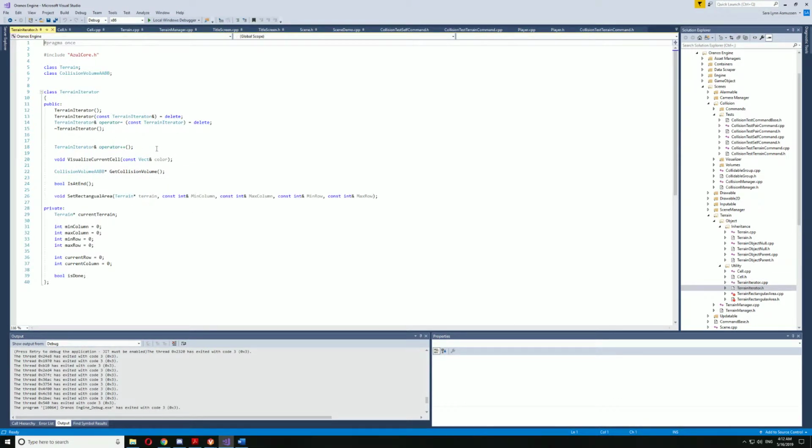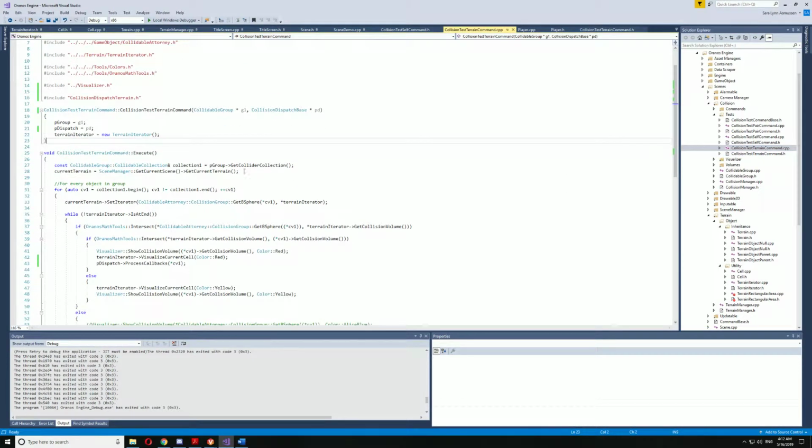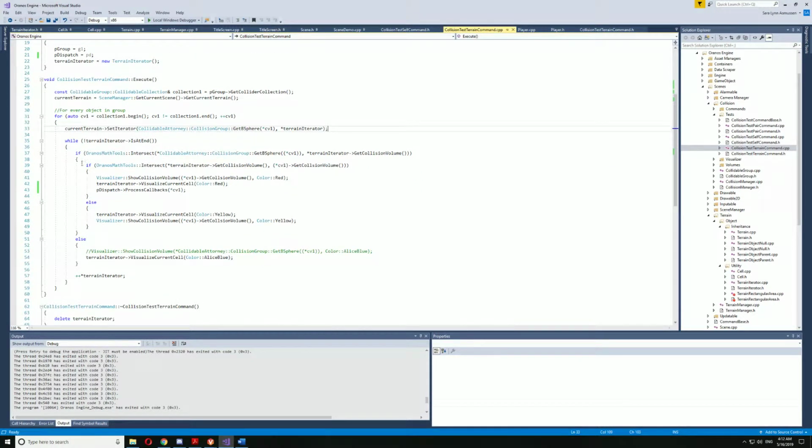I couldn't figure out how to do it without creating a lot of duplicate code, so I just made a single terrain iterator. So, when you do collision test command, you pass your iterator to the terrain, and he pops out. And then you could just do a while loop, while is not at end, and just plus terrain iterator. And he'll move from the lowest row and column up to the highest. He just increments up